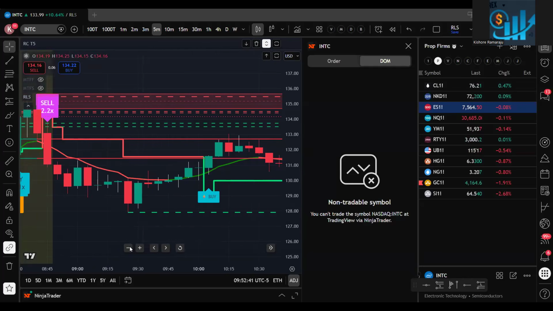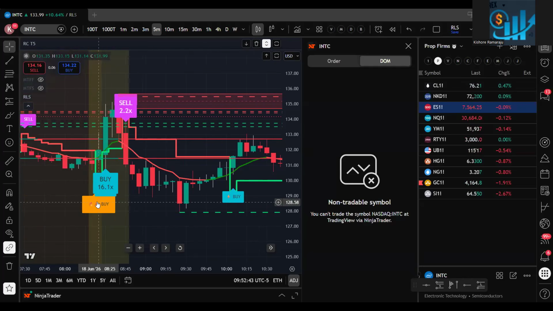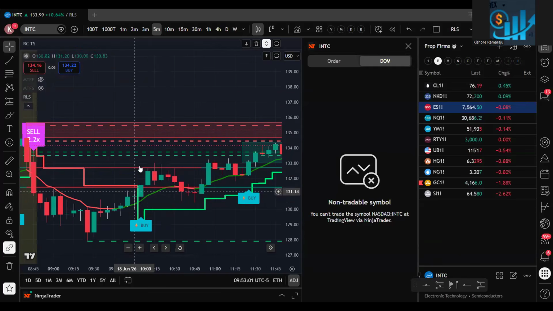It's a high momentum. All the chip stocks were moving well. In the first half an hour it went from 128 to 135. The disadvantage if you take it at this time is the candles will be so fast and the volume will be so high. So always wait for a pullback. You got a pullback and then you got another buy signal. So now we got an Intel buy, and then we made 100% on the Intel calls.